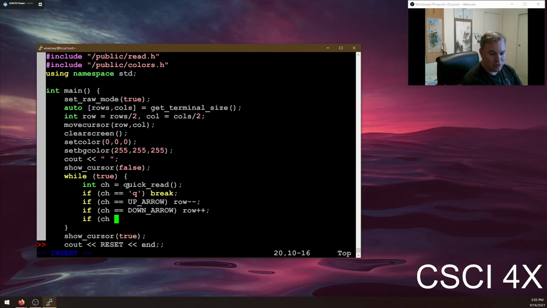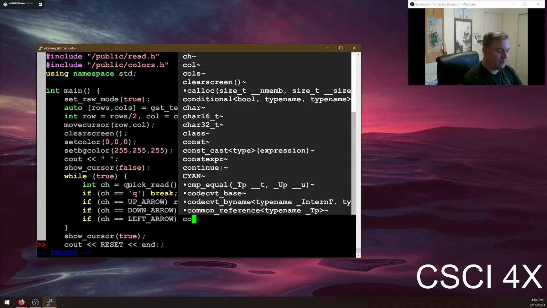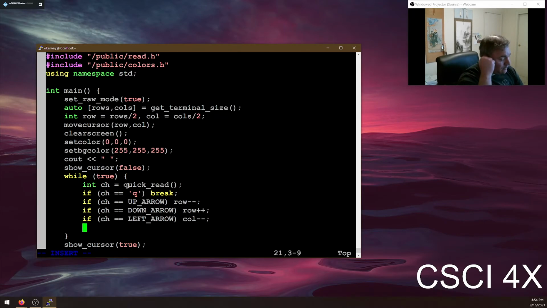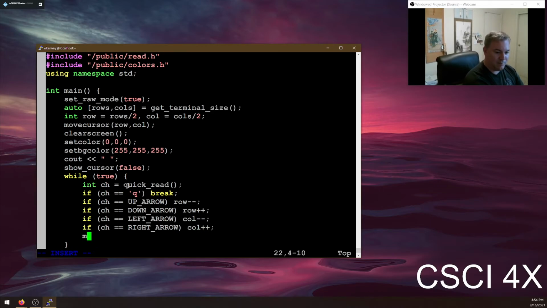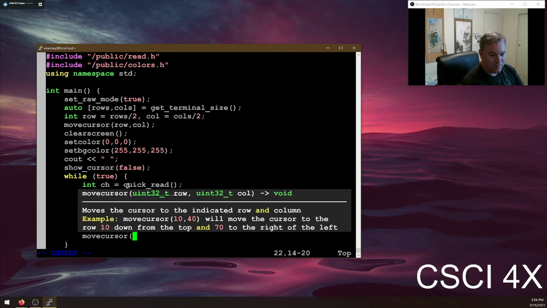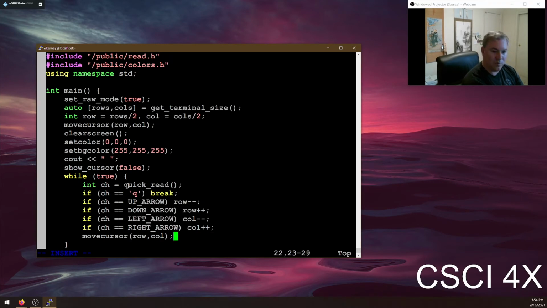Okay, so if ch is equal to left arrow, up, down, left arrow, not auto-completing, whatever. Left arrow is going to put us back a column. Again, I should be bounds checking, but I'm not. If ch is equal to right arrow, no, not ch, call plus plus. Okay, and then I'm just going to move the cursor to row call, and I'm going to